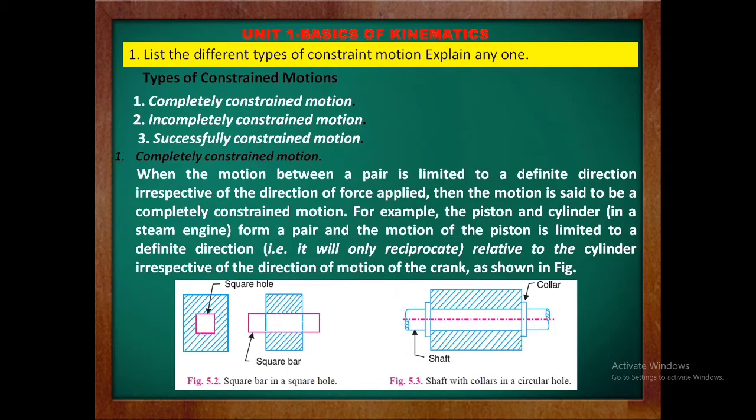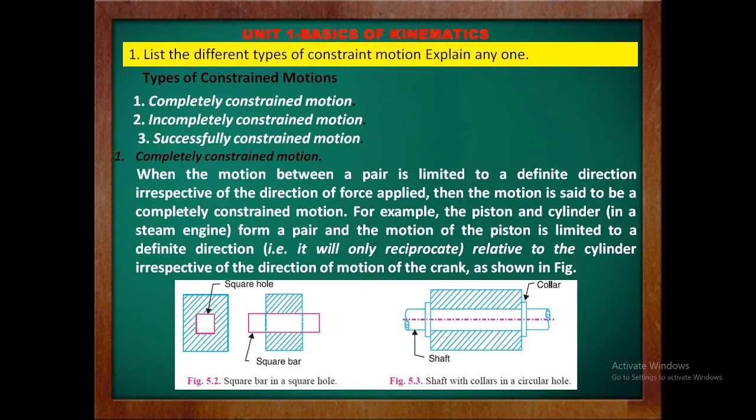It means that when the motion between a pair is limited to a definite direction, irrespective of the direction of force applied, then the motion is said to be completely constrained motion in a definite direction. For example, the piston and cylinder of an engine form a pair and the motion of the piston is limited to a definite direction, that is, it will reciprocate relative to the